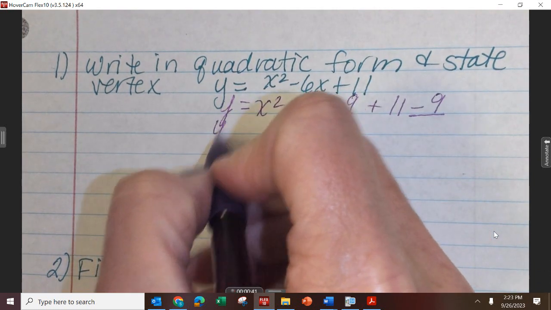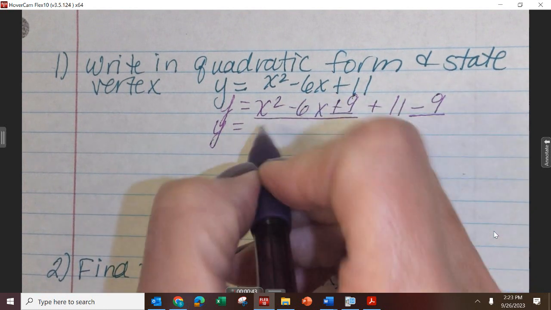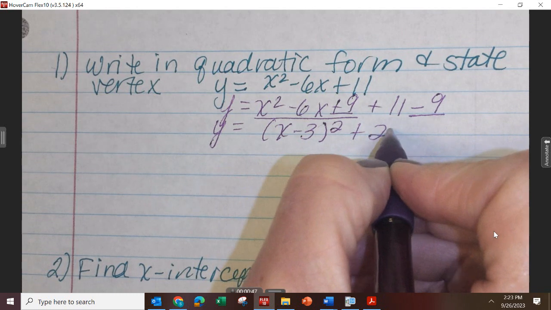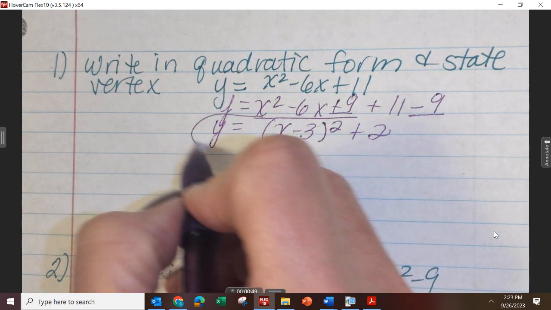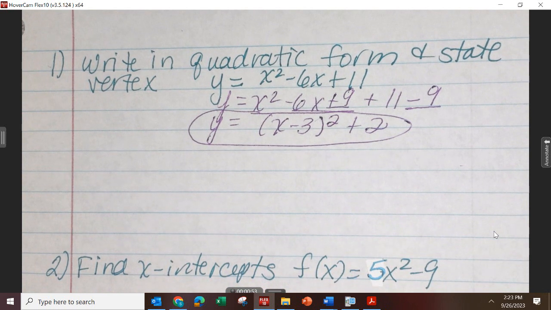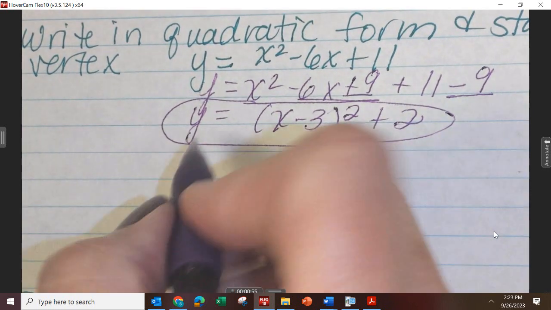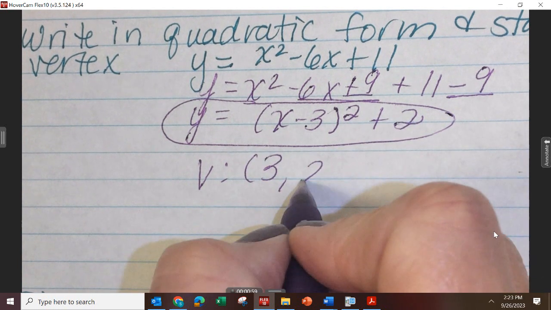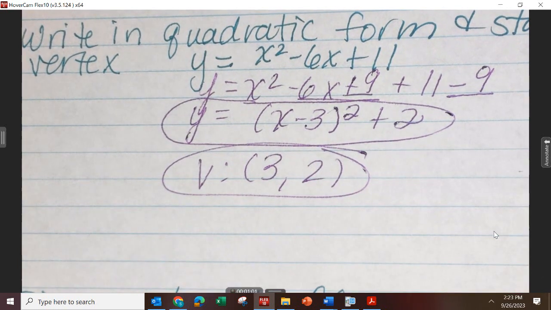So now I'm going to have y equals, I look at this, that's going to be (x minus 3) quantity squared plus 2. So this is the vertex form of that equation we were given. So what is the vertex? (3, 2). We have a shift to the right 3, up 2, and that's going to be the vertex. Okay,